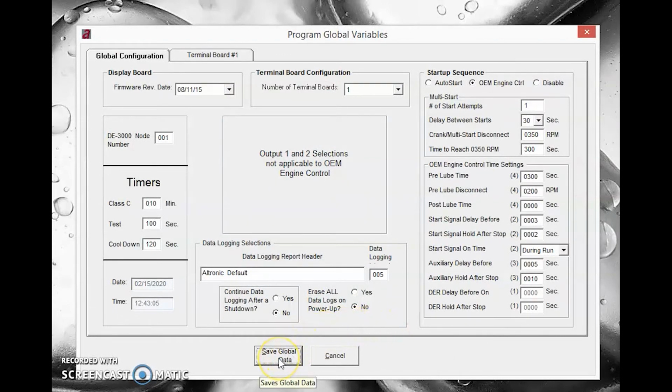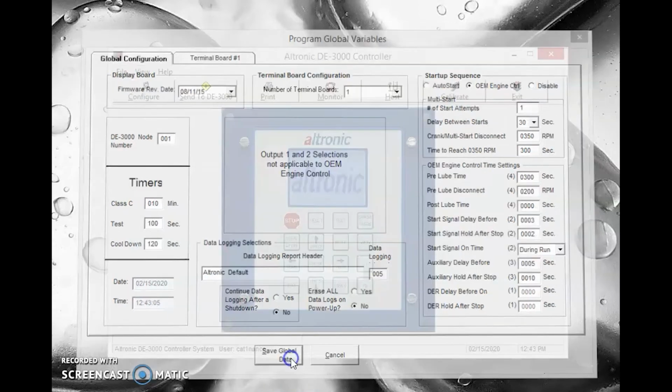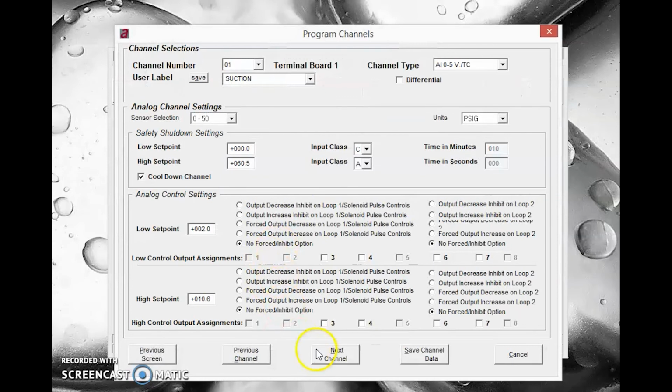So we're going to do a quick little modification demonstration, and I'll do more videos that show more things about the software, but this is just a simple version that I want to show you of how to basically pull a program out, make a quick modification, and then dump a program back in. So I've already saved the global data. I didn't want to make any changes there, and I'm in the channel section. And what I want to do in this case